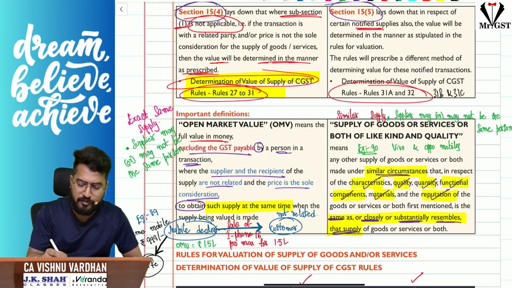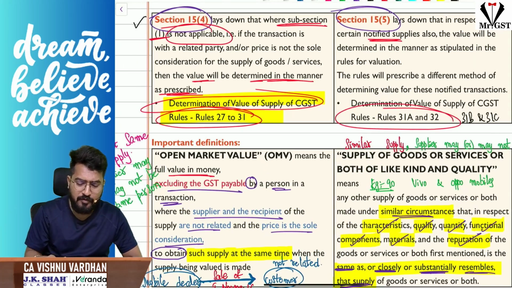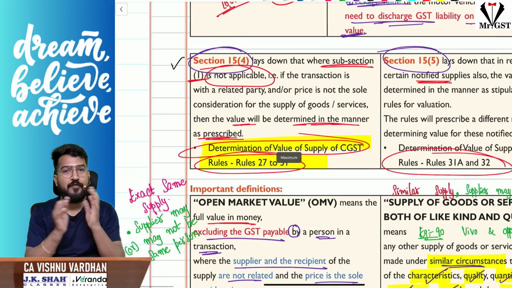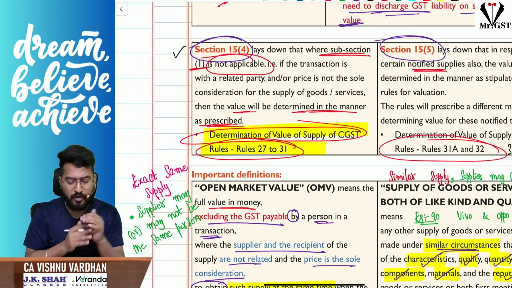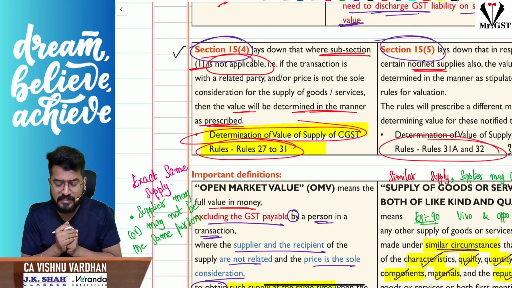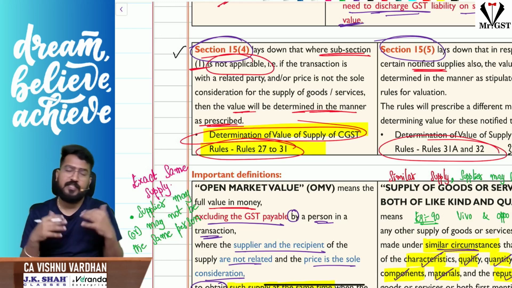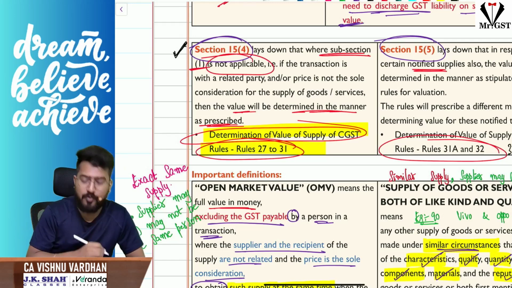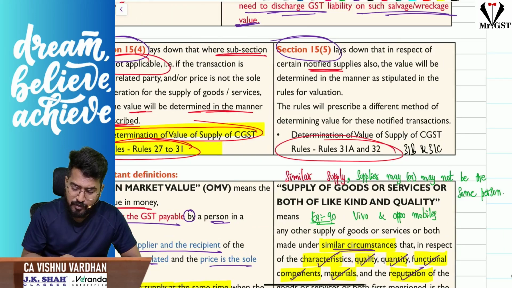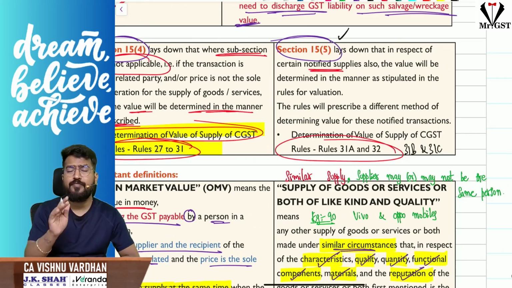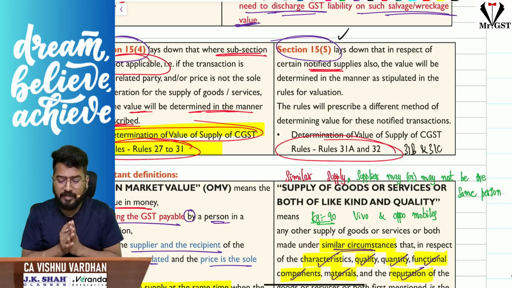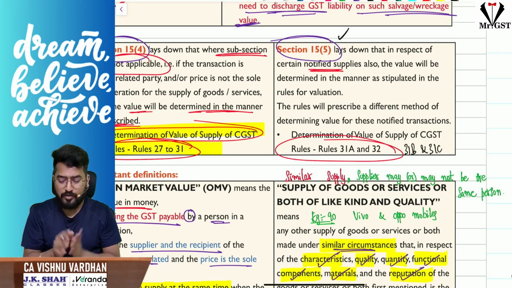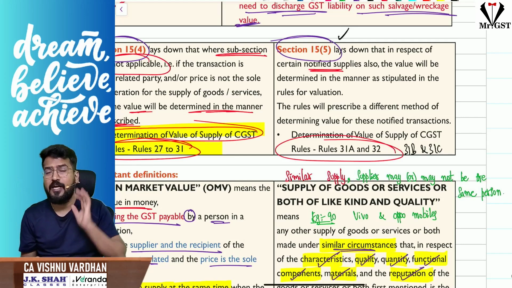See, 15 subsection 4 is applicable when 15 subsection 1 is not applicable. That is, when there is no transaction value, or it is between related persons, etc., or if price is not the sole consideration, there may be some extra non-monetary consideration, etc., then you will go with 15 subsection 4, right? And 15 subsection 5 we will proceed with when it is with respect to notified supplies by the government. So when the government is notifying these supplies, this should be the value of supply, then we will go with those valuation rules. So for these things we have to go through valuation rules,